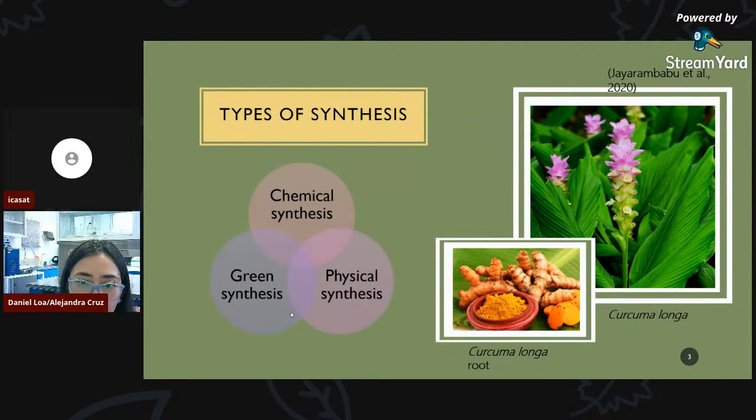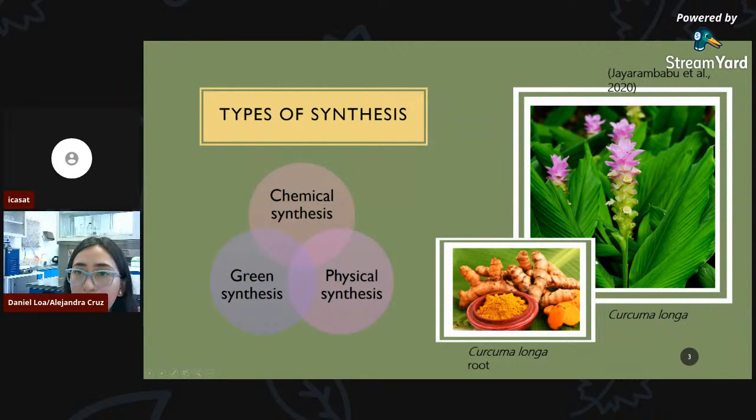However, it is not well known how this works because of the metabolites that are involved during synthesis. Therefore, there are some discrepancies between authors. Some say that the reducing power should be the one that is able to reduce the particles, while others say that maybe reducing power isn't all.